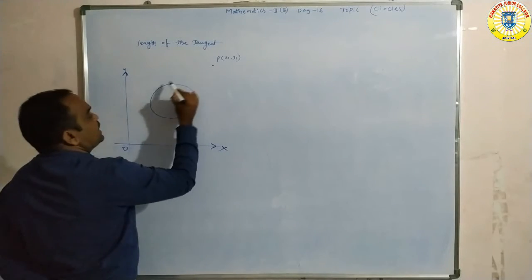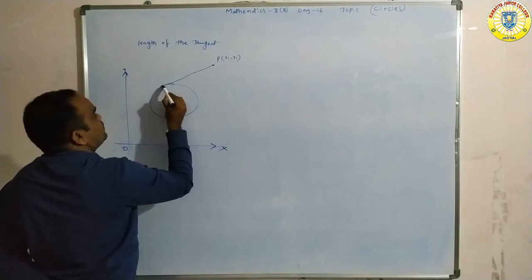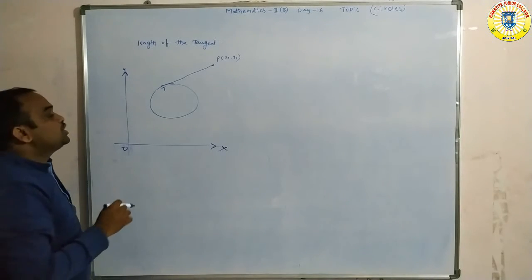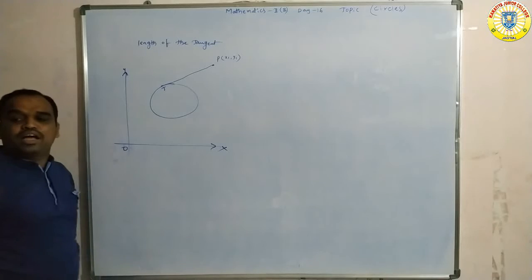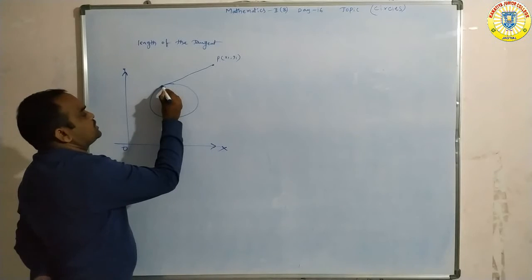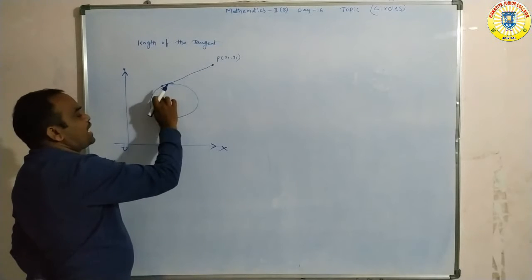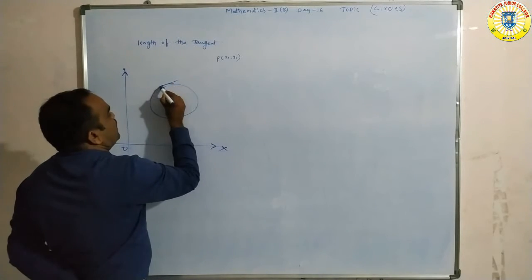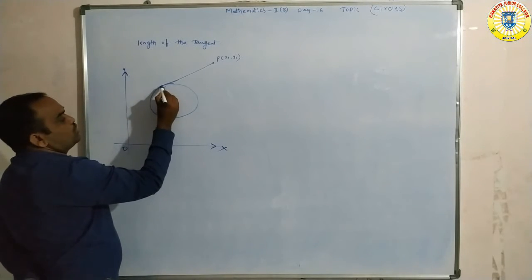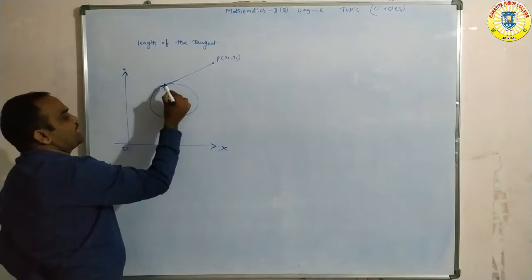From this exterior point we are drawing one tangent line. PT is called the tangent. This is a line segment, not a line. A line that passes through only one point on the circle, yes or no? So this line passes through only one point on the circle. Actually, we can extend this one.